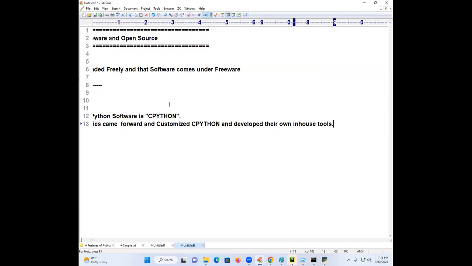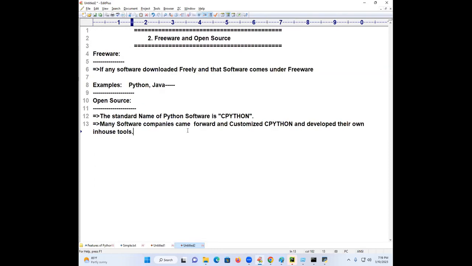When you are working in MNC companies or some companies, each company has at least one tool. The tool is not the same tool as in other companies. Every company has their own tools, developed by customizing some sort of freewares. Infosys has, Wipro has, IBM has, every company has their own in-house tool.